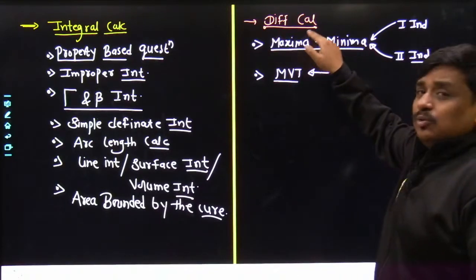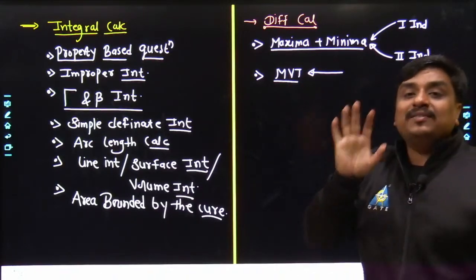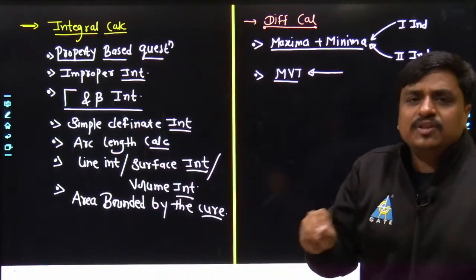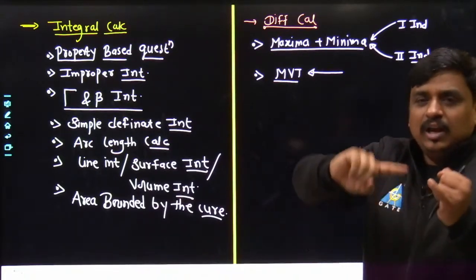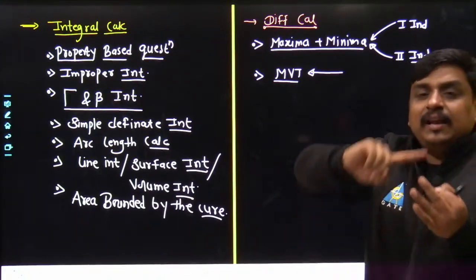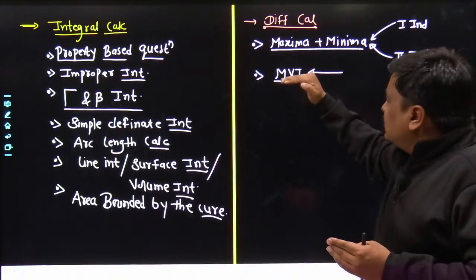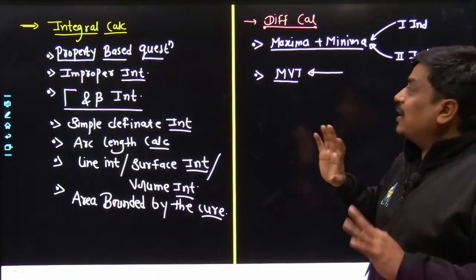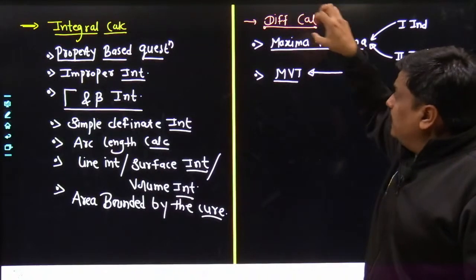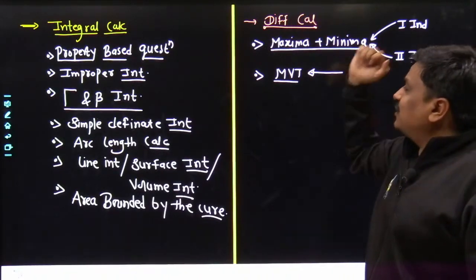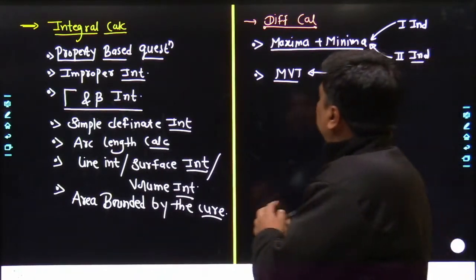Within the differential calculus, you should start from the basics of functions, which is the existence of the limit, numericals related to the limit, then continuity as well as differentiability. Once you are done with this, you can straight away jump into the MVT. So I would push a few important topics before starting maxima, minima as well as MVT, and those topics would be